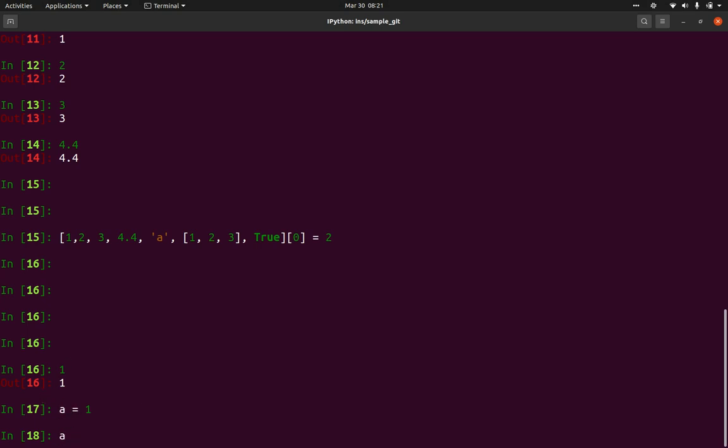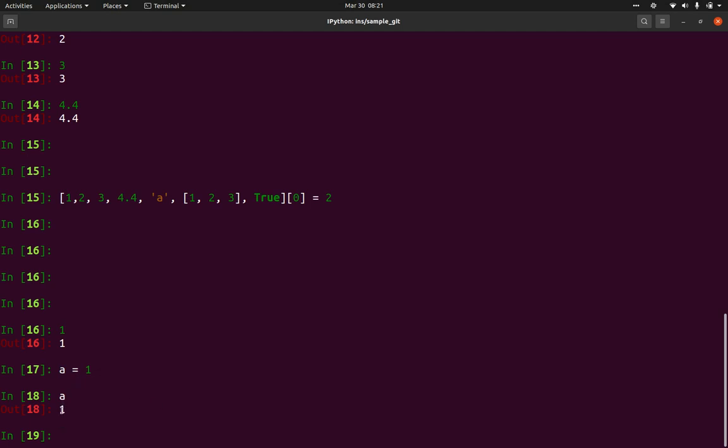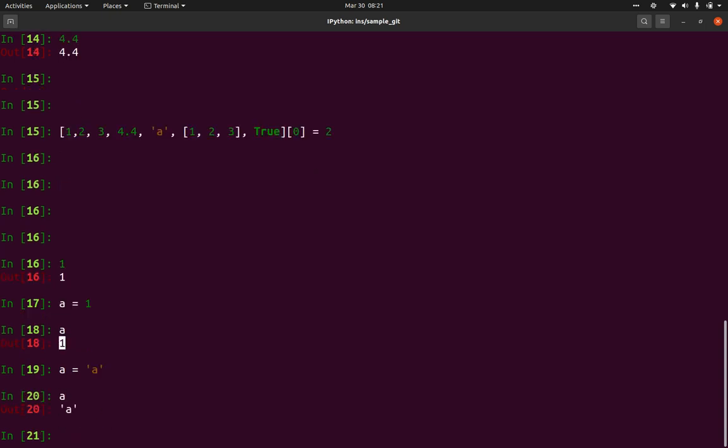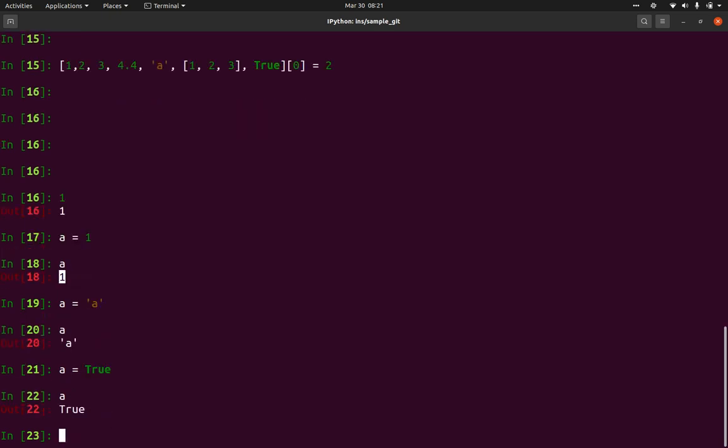So now we have a variable. If I try to execute it, I will get the value that is stored inside that address, right? So this is called a variable. You can store any values in this, it can be booleans also. We'll discuss more about variables, how to reassign them and all. For now just remember that you can store any data type value into a simple name. So these are called variables.